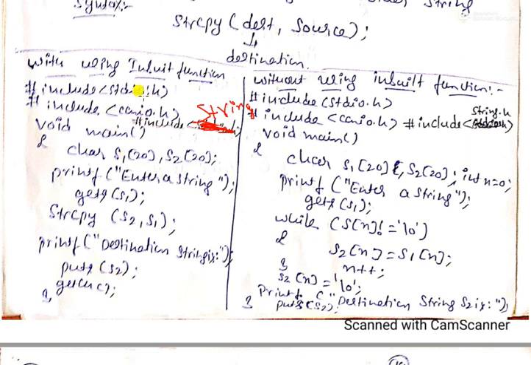So this is the program to copy one string value to another string value using an inbuilt function. Next we write the same program without using the inbuilt function string copy, to see how we can copy one string value to another string. Here we are not using string inbuilt functions, so there is no need of string.h. For best practice I mentioned string.h in your program, but even if you do not write string.h, it will work, because we are not using string inbuilt functions.